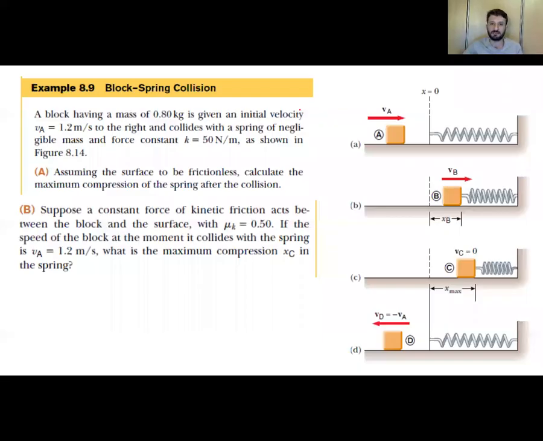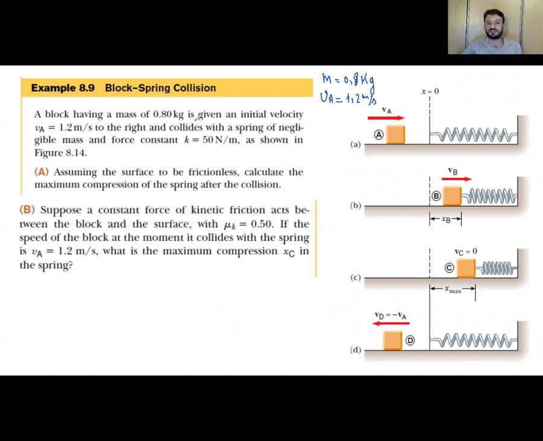Example 8.9. Here we have a block having a mass of m equals 0.8 kilogram. It is given an initial velocity VA, VA equals 1.2 meters per second. So initially we have the block of mass m moving to the right with a velocity VA